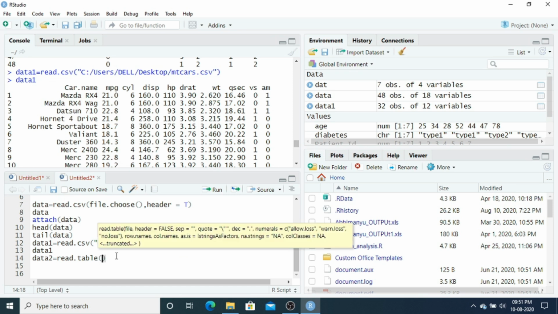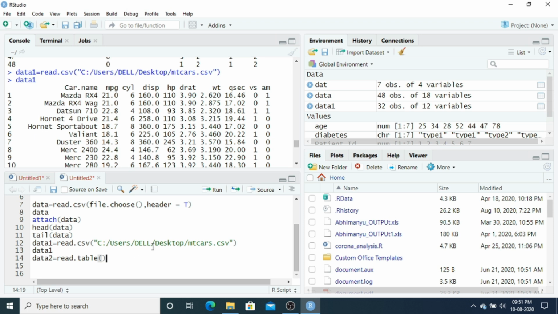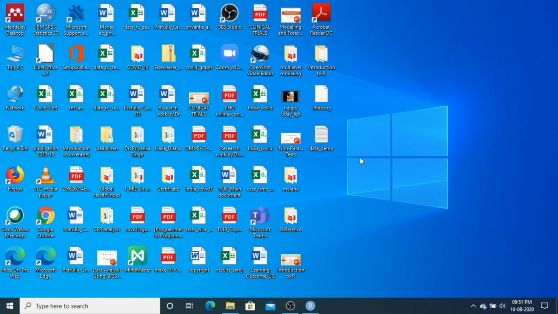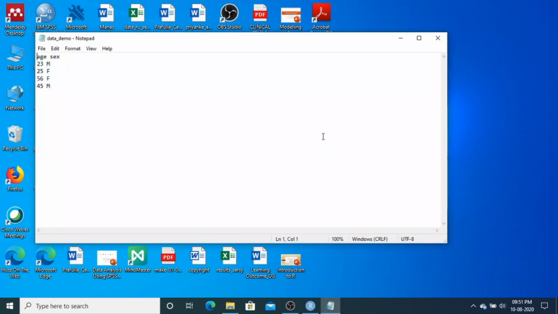Suppose I need to give the path here. Suppose here is one text file like data demo. If I show you, here is age and their sex.